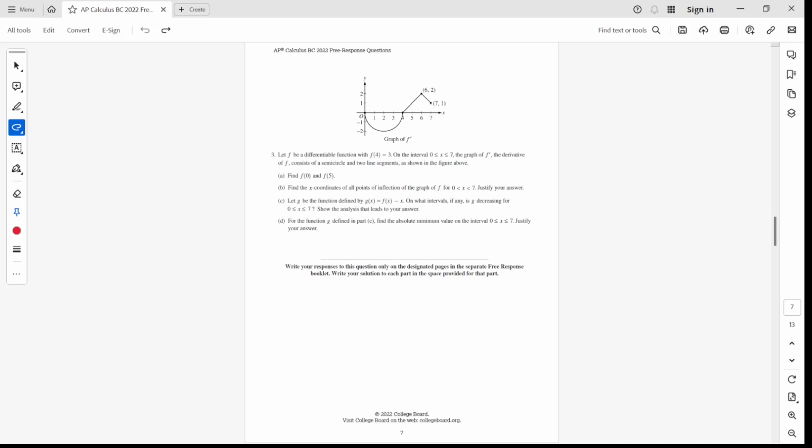and x equals 5. And as we know, f of x is equal to the integral of the derivative, right? Because this is the graph of the derivative of this function plus some constant c. And we can calculate, let's start with 5. Since we know f of 4 is equal to 3, we can just say that f of 5 is equal to f of 4 plus the integral from 4 to 5 of